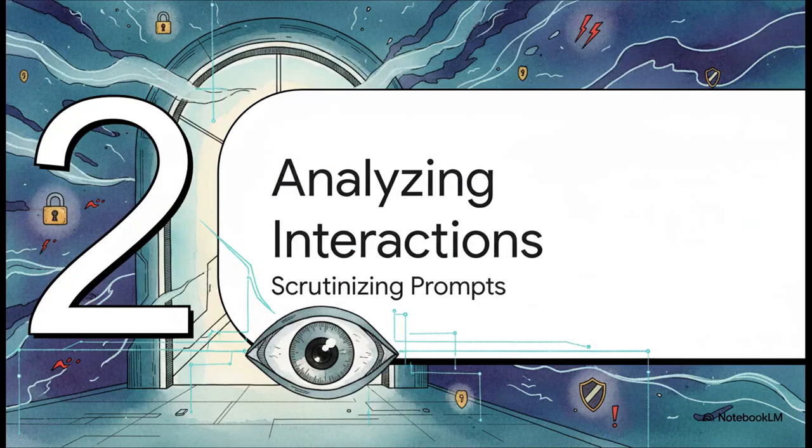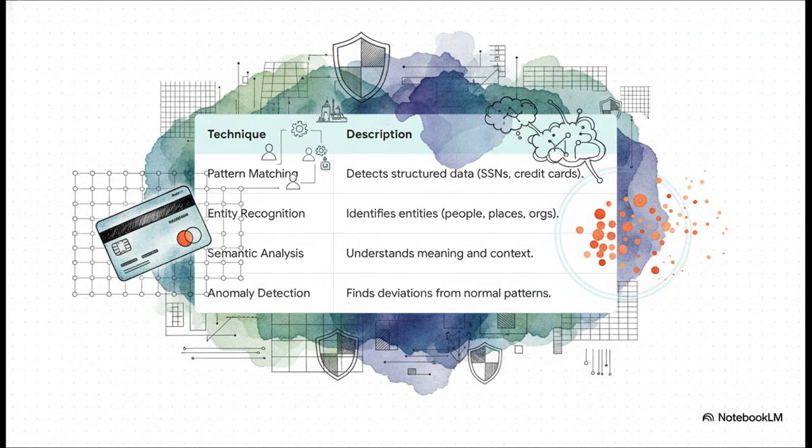All right, so let's move on and see how this builds by looking at the very first point of interaction, the user's prompt. Effective monitoring isn't just one thing. It's a combination of automated techniques analyzing prompts in real time. And what's really interesting here is how you have this mix of simple and complex methods. You've got straightforward pattern matching for things like credit card numbers, but then you layer on sophisticated stuff like semantic